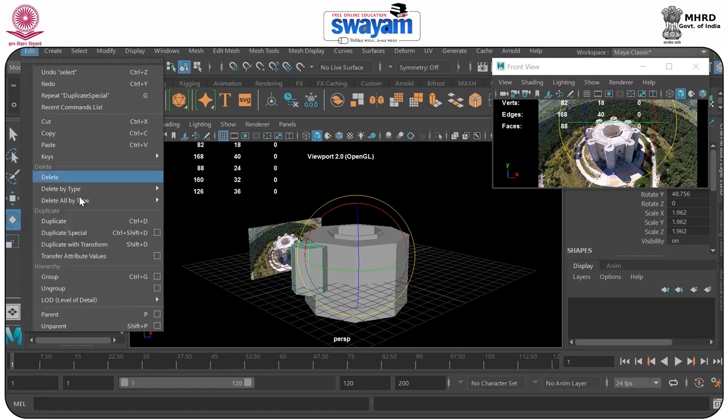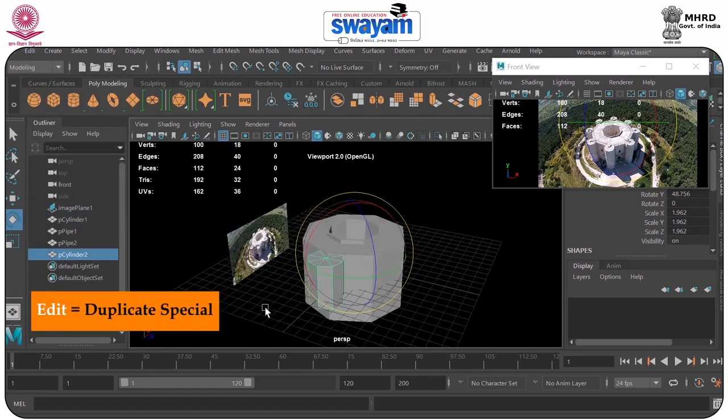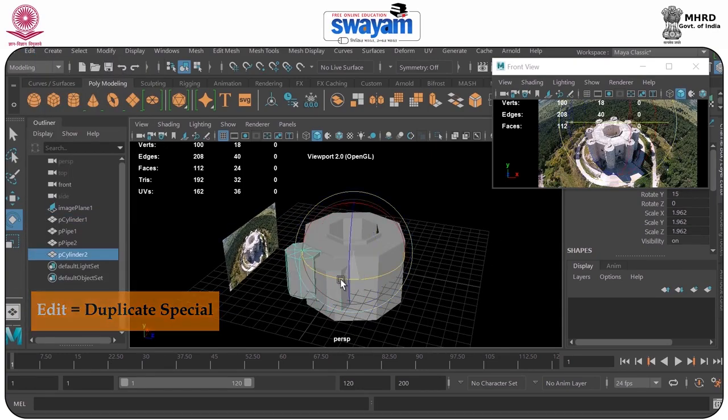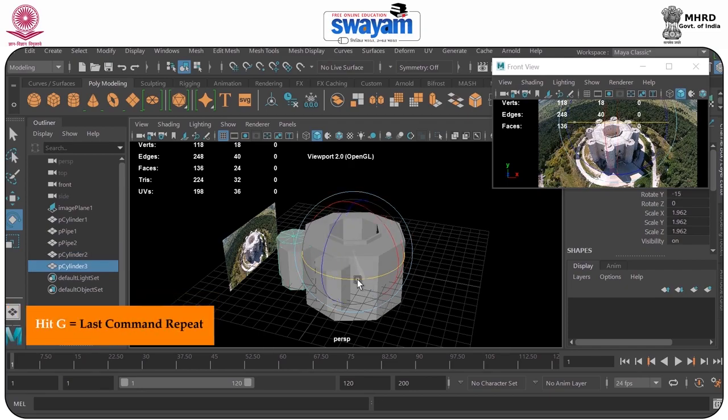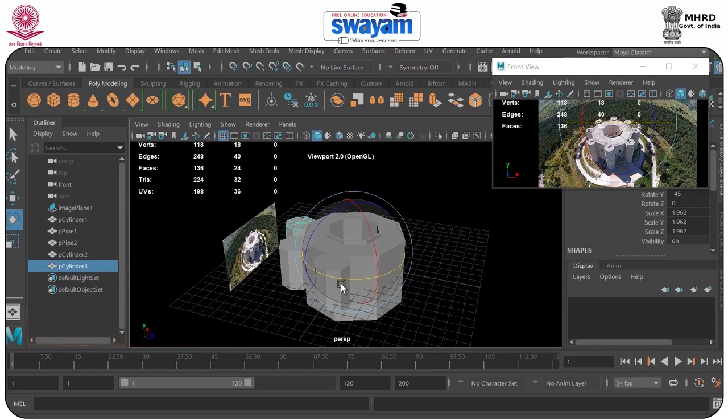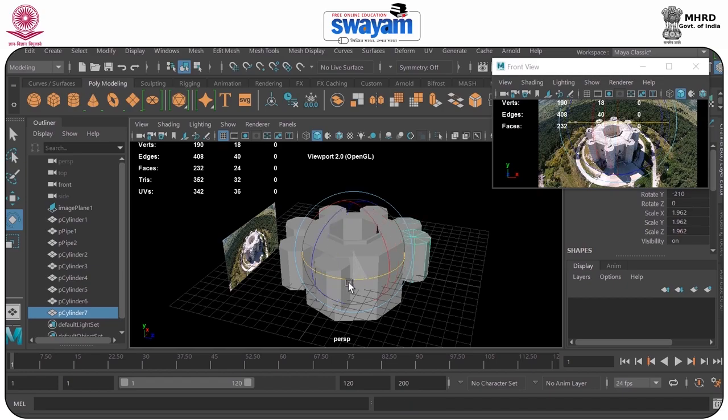Edit and duplicate special, J, G for last command repeat, repeating G for last command repeat several times, and J for rotation with the snapping, and again do the same.